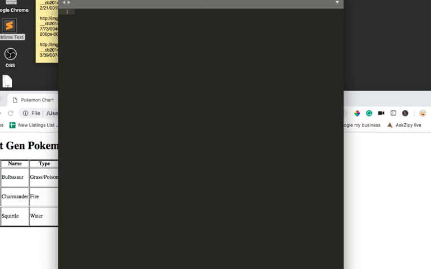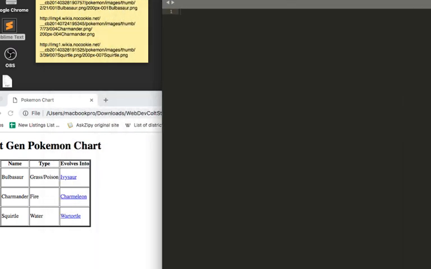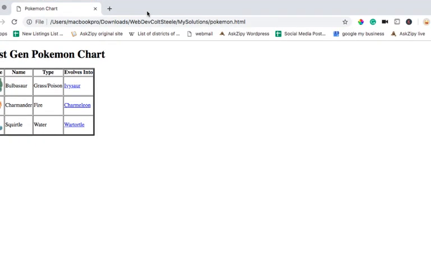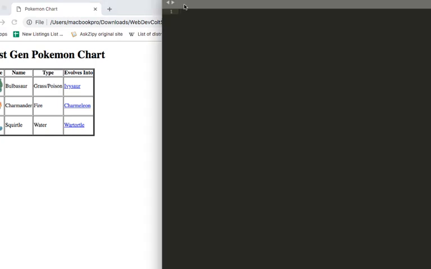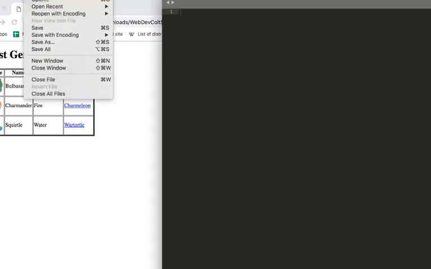It's free. If you're using any other text editor, that's perfectly fine. But this one was recommended by Cold Steel, and another thing is that it's free. So I use Sublime. Let's open a new file,